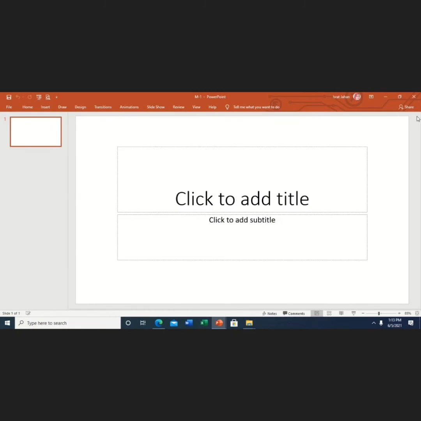This is how we use the Microsoft Word, Access and Excel file and save it.